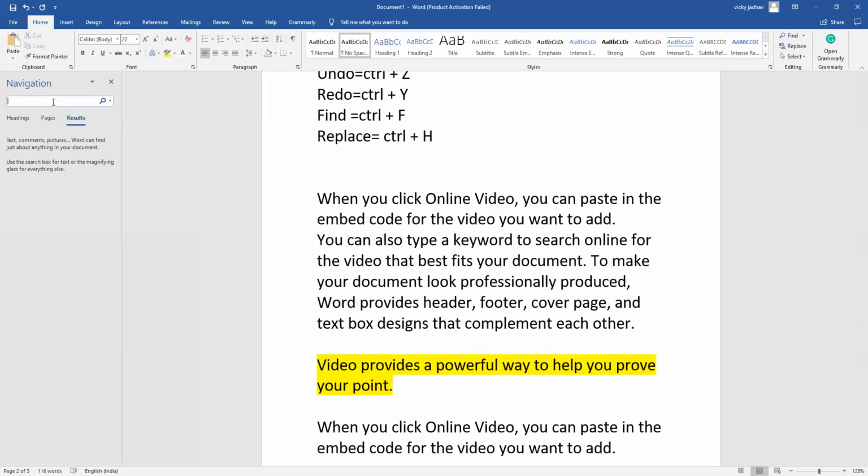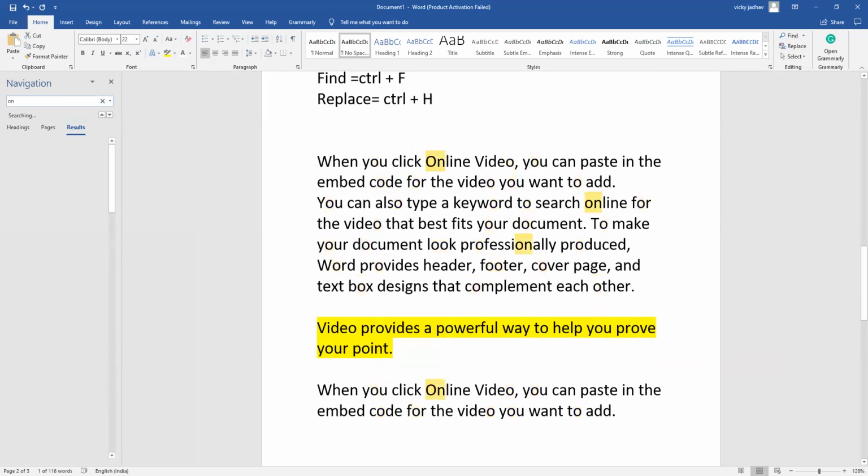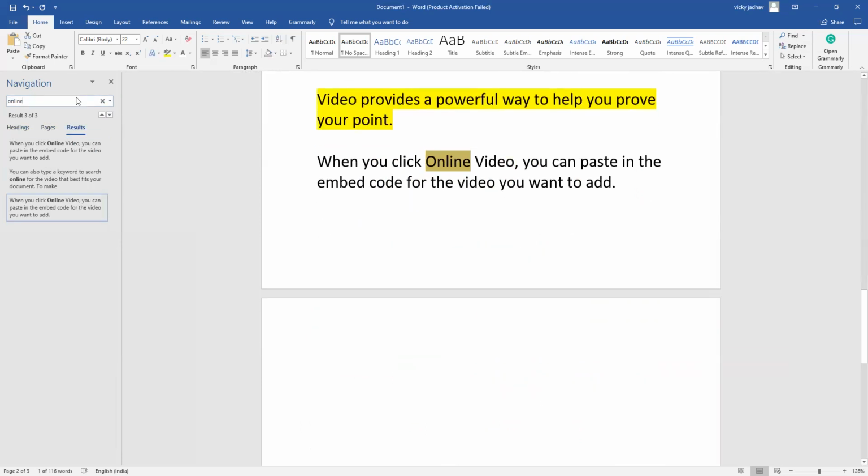Okay, so just search over here, online. Okay, I need to change this word online. I will press enter. Okay, just a second, guys.